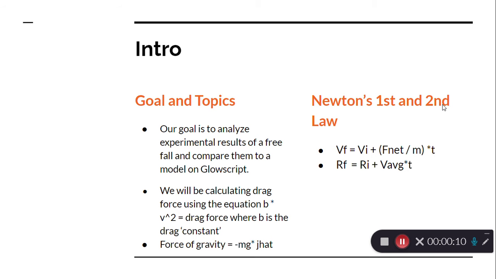So here's our introduction. I'll first discuss our goal and topics. Our goal here is to analyze experimental results of a free fall and compare them to a model we'll make on GlowScript. We'll be calculating drag force using the equation B times velocity squared, which is equal to the drag force, where B is a drag constant. And of course, the force of gravity in this case is going to be negative mg times j